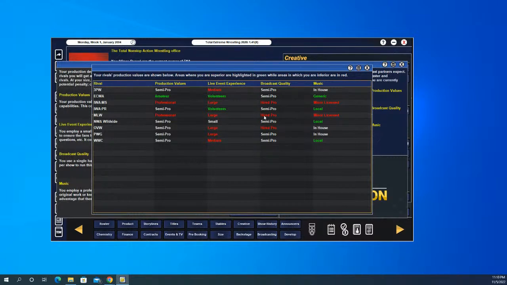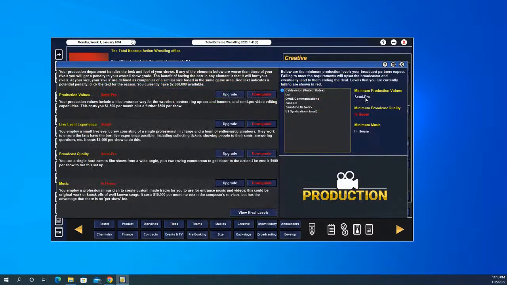But the only way it's bad is if you're so far below them, it will actually affect how popular your shows will be because you look so amateur compared to the other ones. How I know what my broadcasting level needs to be for every broadcasting company is if